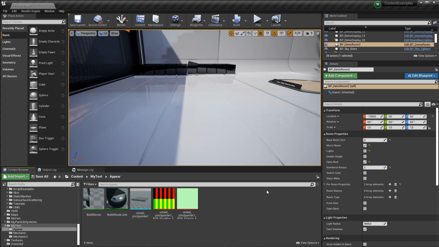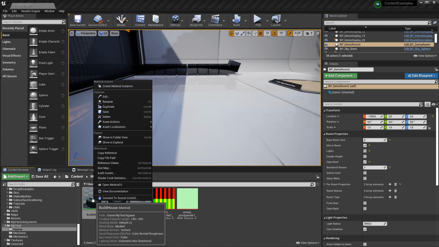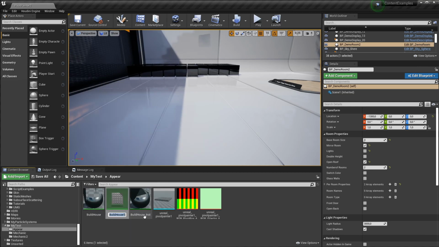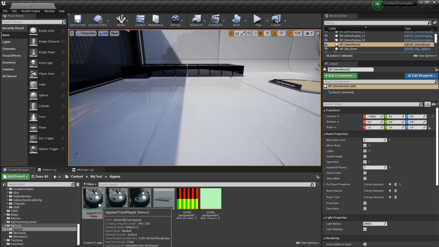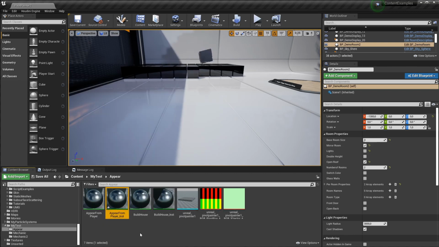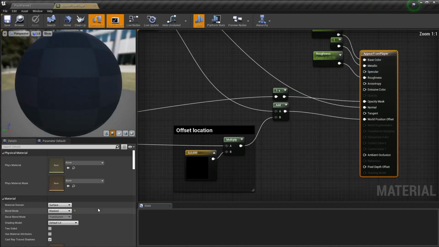But so far we didn't see much different from what SideFX already showed us. So let's try something else. I wanted to see if I can change the point where the objects appear from, maybe an external source, like the player. I don't know how yet, but that's why I make videos like this, so that I can learn stuff and show it to people. I made a duplicate of the shader and called it Appear from Player. We can again create the material instance right away for easier access to the parameter later.